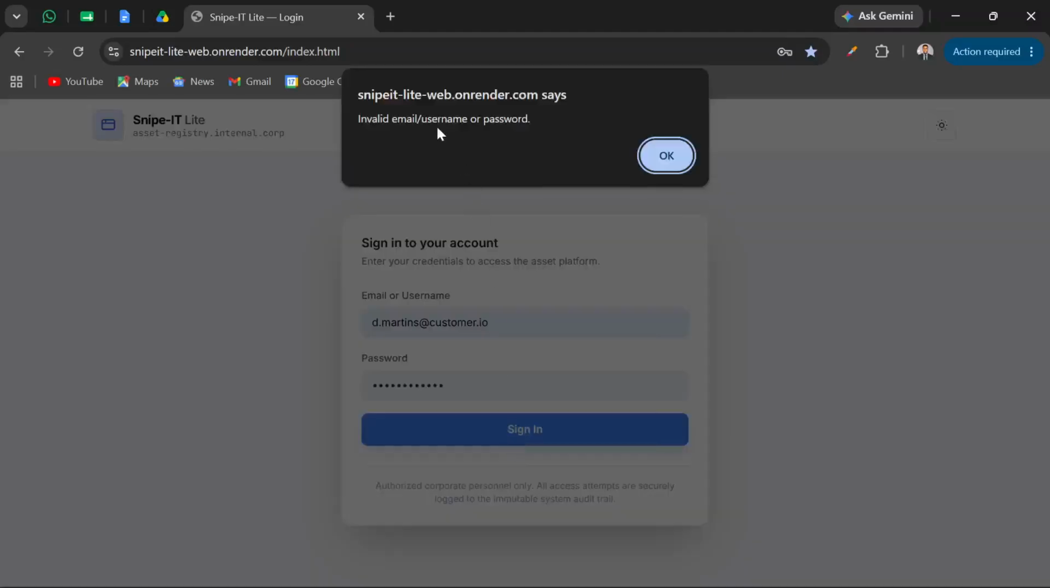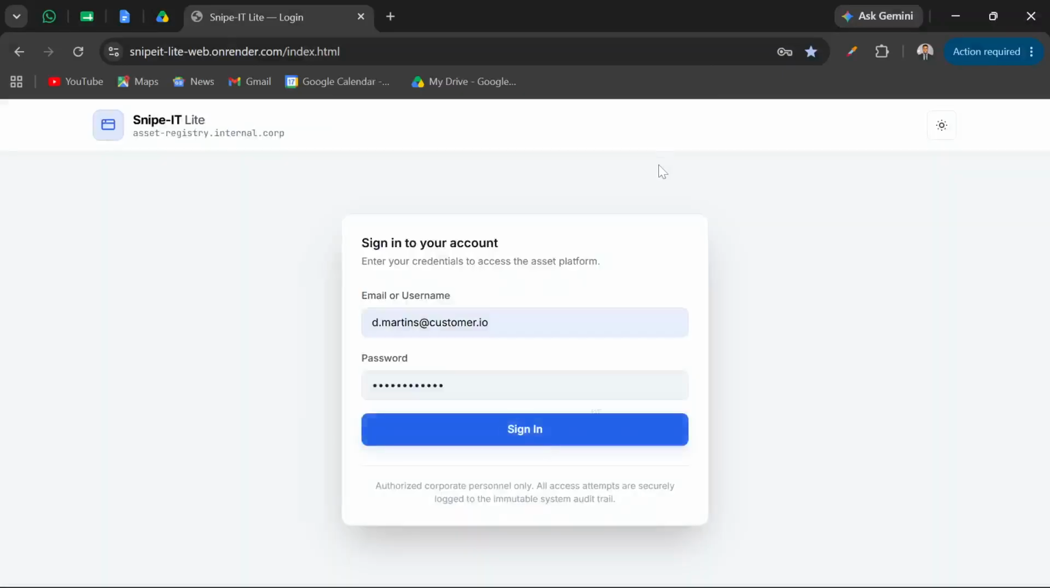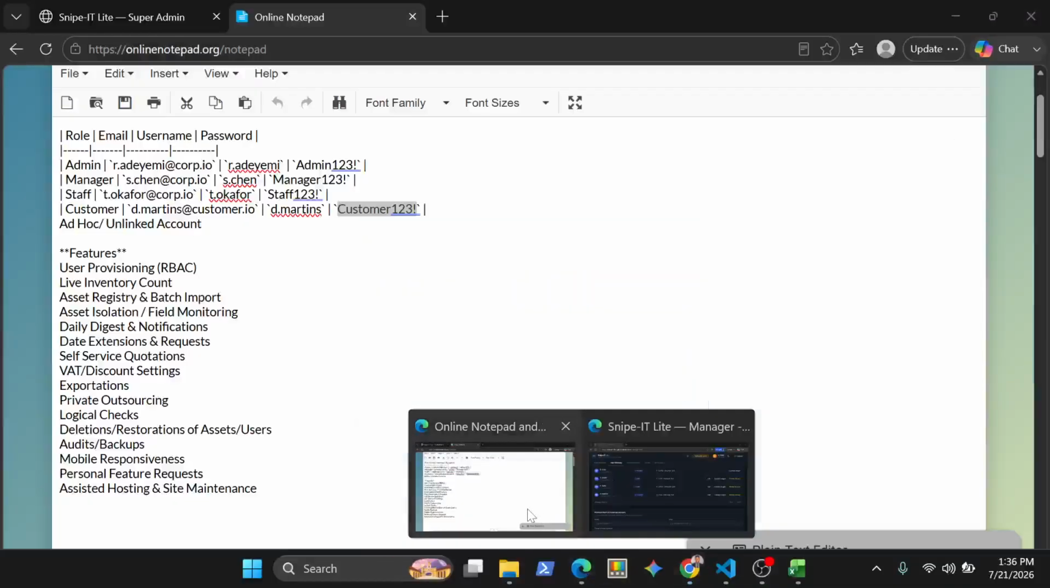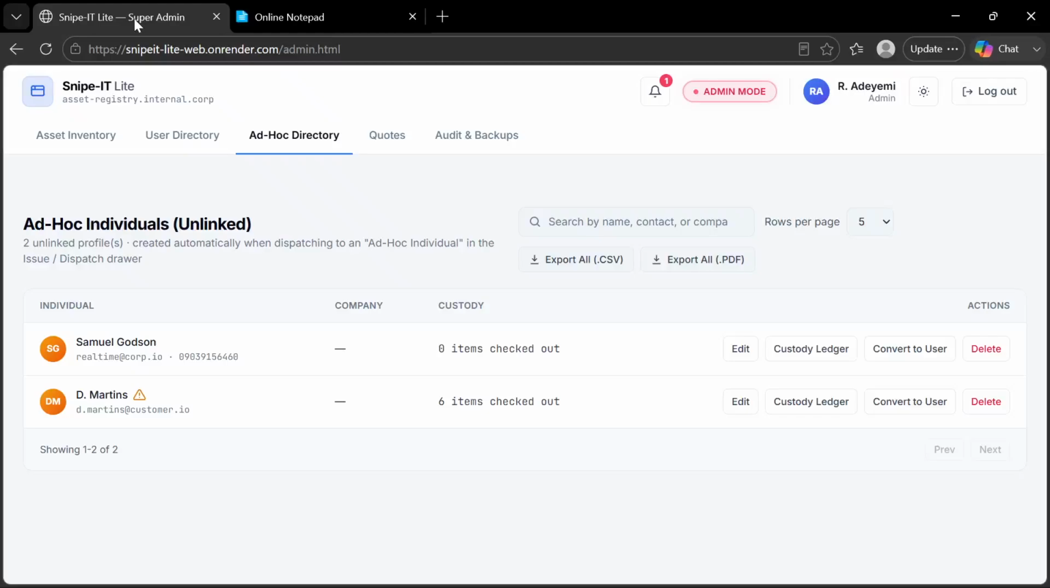So when I try to log in again, it says invalid email; the credentials will be invalid. So after you revoke access, you can also convert the ad hoc account back to a login account, and it's very, very easy. The admin can revoke access and convert back to user for all the different categories